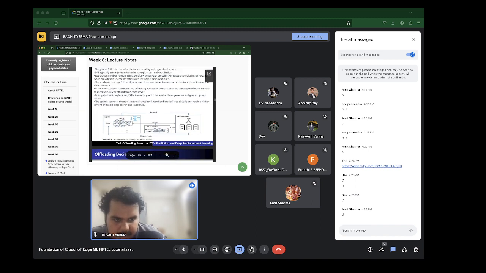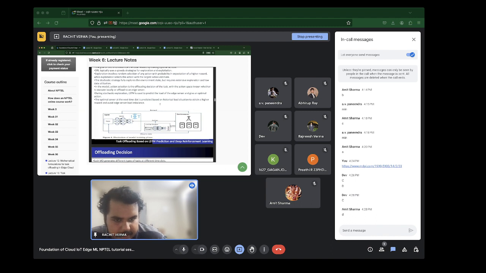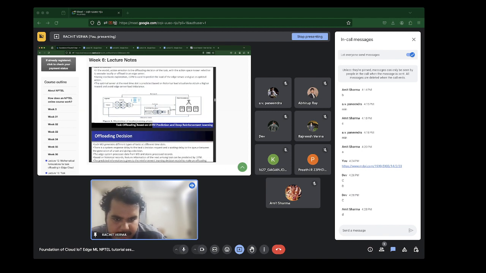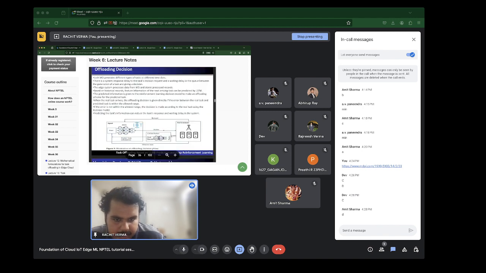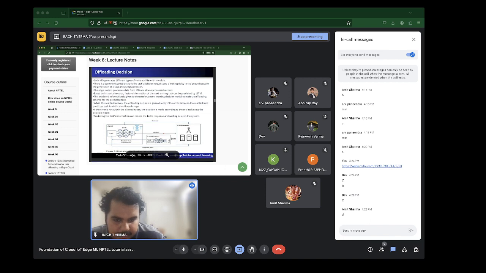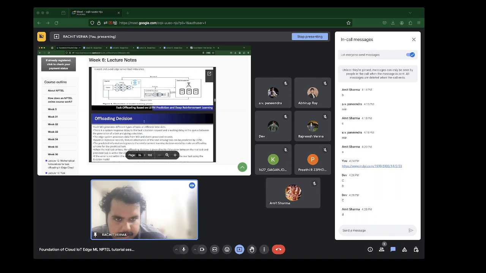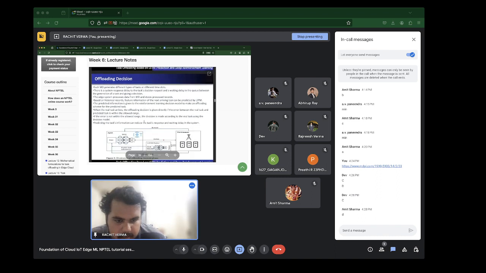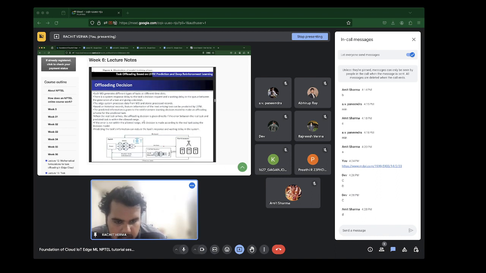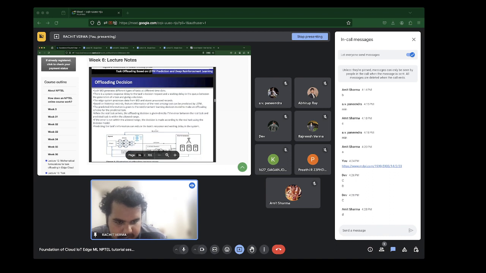In addition to this, the reward is sent to the reinforcement learning agent to make whatever would be the next prediction, right? And you can say that the offloading decision phase is like the inferencing phase. In that also, some similar processes are happening.